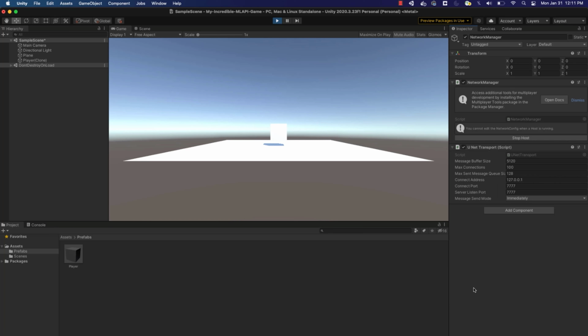On the most basic level, this is a Unity MLAPI networking game. But as you may guess, we're going to go a lot further than this. We're going to go a lot deeper. I just wanted to show you the basic steps on how to create a Unity networking game. In future videos, we'll be doing a lot more with a network manager, our player prefab, and all different types of things. This is just once again to show you, hey, it's pretty simple to put in the basic elements to get a multiplayer game going and to see it kind of in action and playing within our Unity editor.